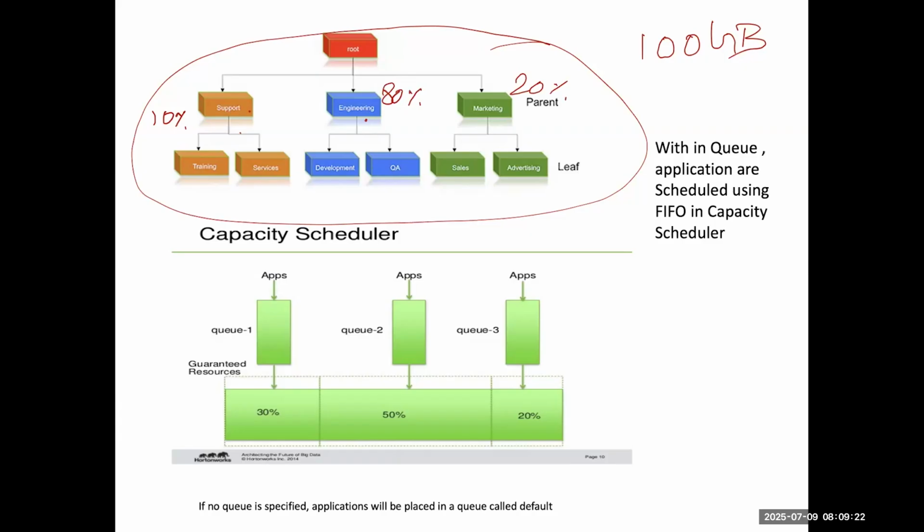They assign the jobs to what we call a queue. So we will have one queue for support, one for engineering, and one for marketing. And when you are submitting a job, you can mention, we'll see the Spark command, there you can mention that I want to submit in this queue. Let's suppose we have three queues: support, engineering, and marketing. An engineering person who is submitting a Spark job will write that I am submitting into the engineering queue.